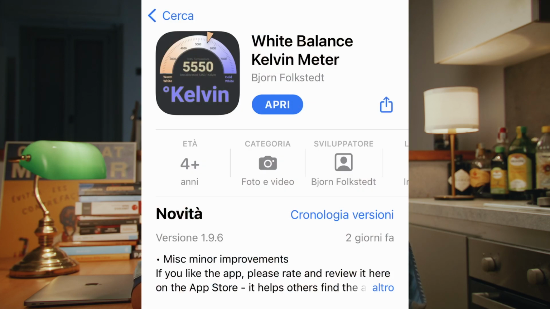We can perform the match by eye, by looking at the monitor, or we can use specific tools to measure the color temperature of a light. And by doing that, we can eliminate the guesswork and be as effective as possible. For me, a very cost-effective way to do so on a budget is through an app called Kelvin Meter, which